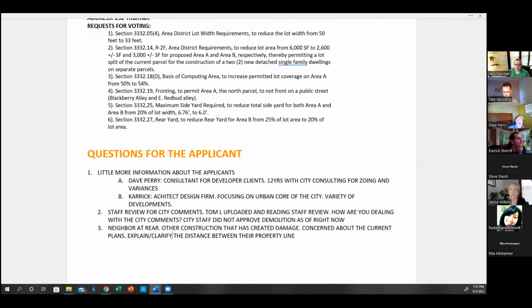That just is very concerning to me. Is there a basement plan on this home also? That's another question I have. And the variance asks whether